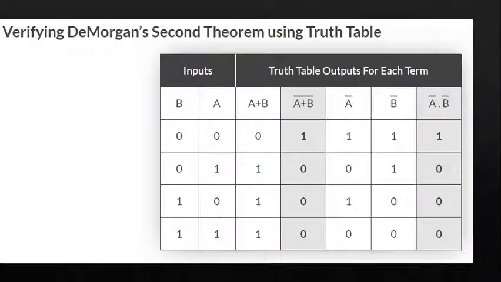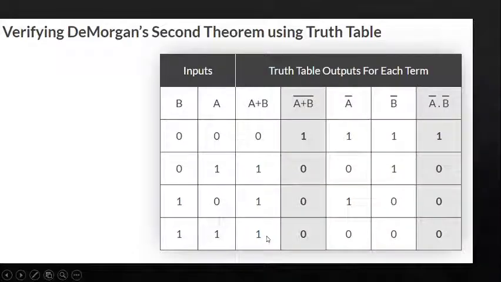And this is the truth table for our second theorem. So the same as our first theorem, if you have two inputs, you have 4 possible combinations of your inputs. So in the ordinary OR gate, the output for the 0 and 0 combination is 0, and 0 plus 1 is 1, 1 plus 0 is 1, and 1 plus 1